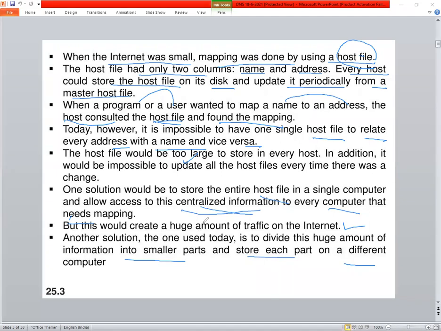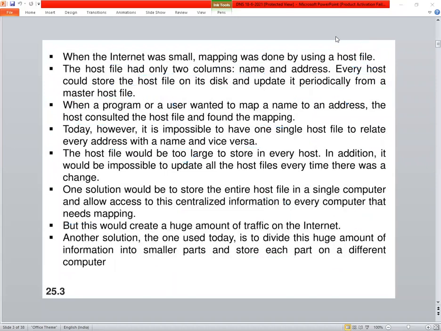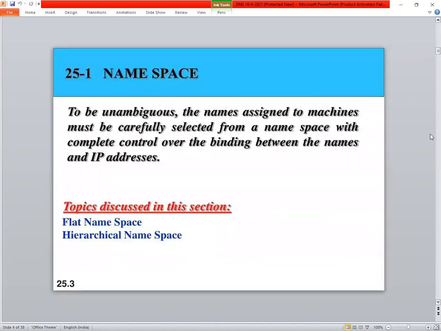The other solution is to take this huge number of IP addresses, divide them, and store them in different computers. Storing on different computers. Now the next topic is namespaces.